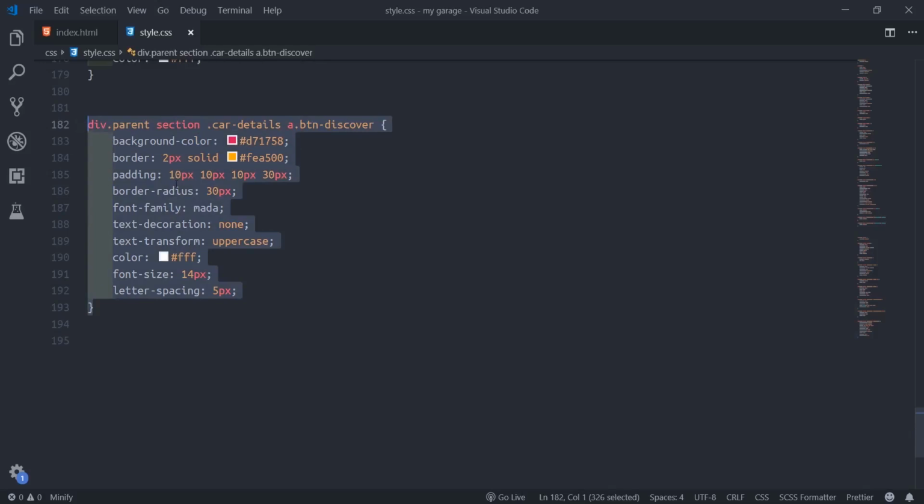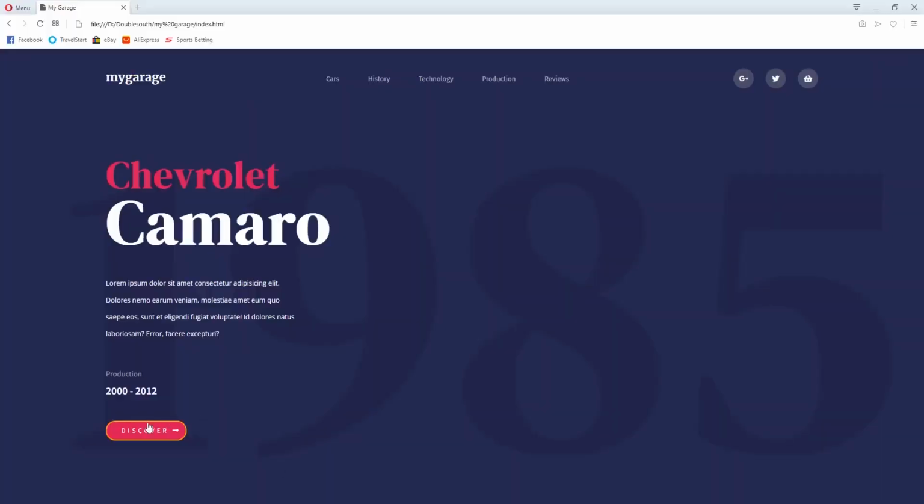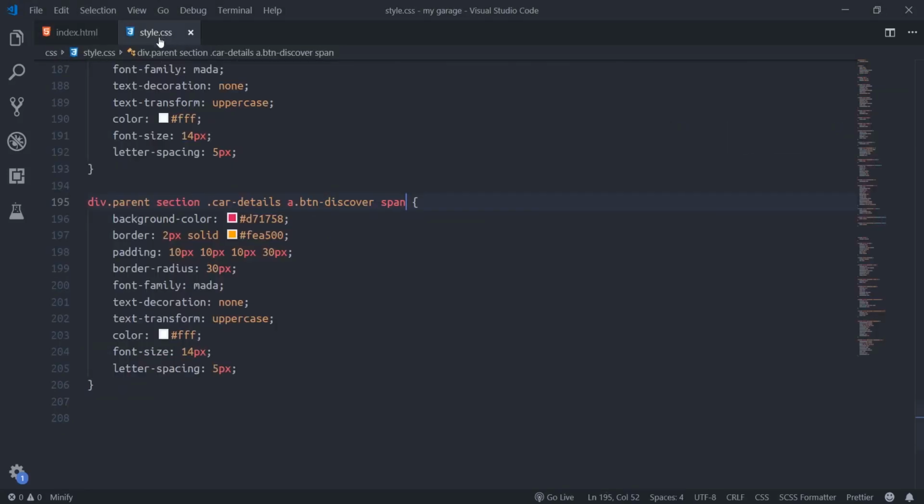You know what? We'll target the text. I'll say span. That means this one was targeted, this Discover now, because it was written inside the span tag.